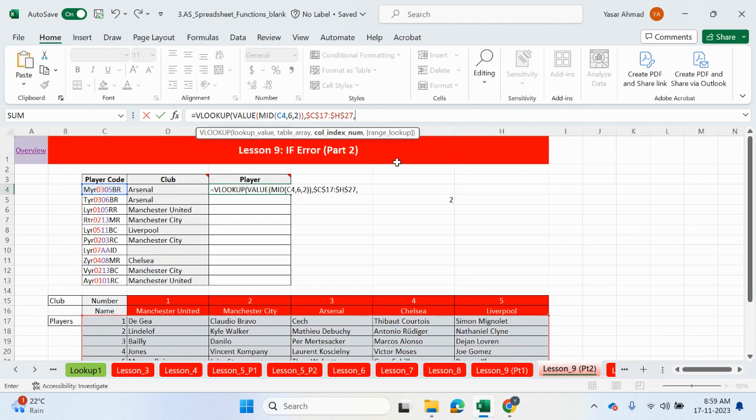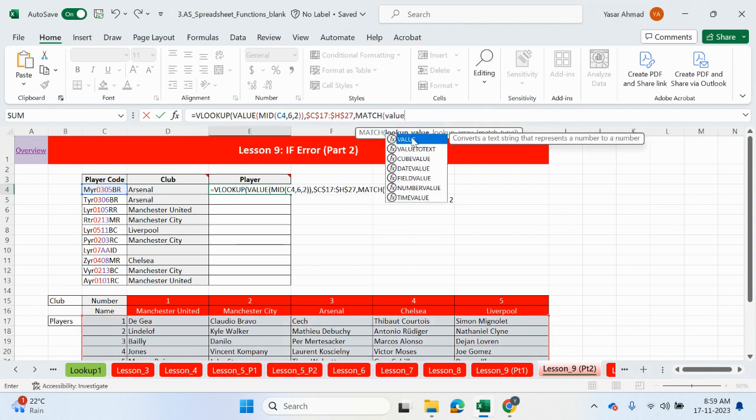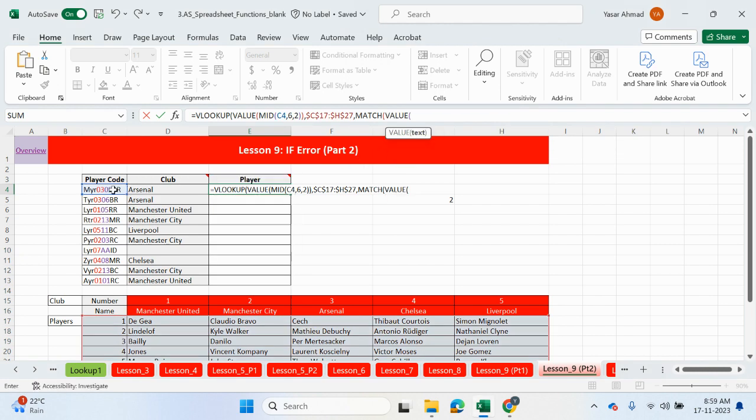So again, we're going to use a match function. So it is getting a little bit complicated, but let's go ahead and try. So MATCH. What do we want to look up? So we want to type in VALUE again. Type in MID because we want to extract some values. You click on this cell here, comma. We want to look at the red numbers now, which refer to the clubs. So it's going to be 1, 2, 3, 4, and 2. Close the bracket,